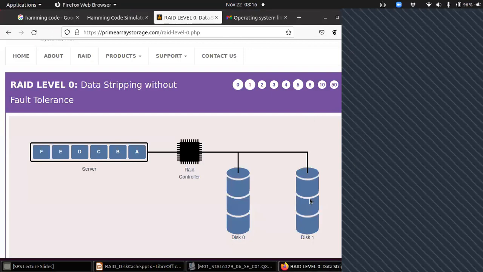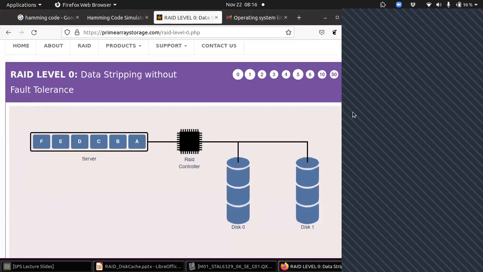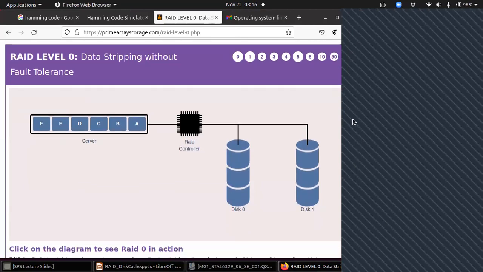Fine. So this is the good example that I have found of RAID level 0. Now with RAID level 0, what happens? These are the blocks of your data, because normally in a hard disk the data is stored in the form of blocks, a big chunk, maybe 512 kilobytes or 1024 kilobytes, that is 1 MB. So a hard disk stores data in the form of blocks. Just assume that these are the blocks of the data, and that is going to be stored in a